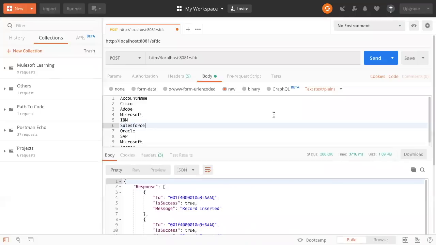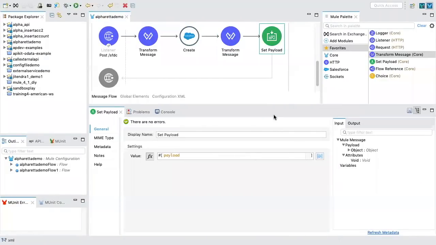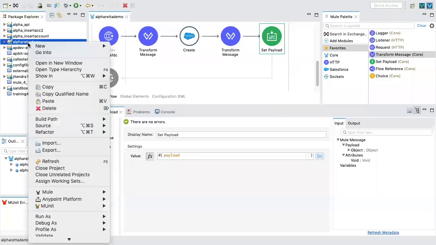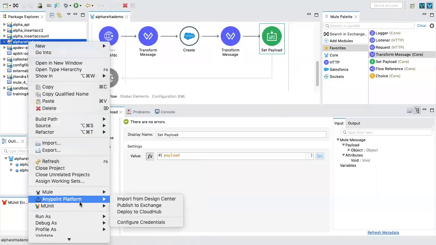So, anything else? How do I deploy this on my Mule server? How do I do the load balancing? That's the question. And do I need to make any change? The answer to all of these questions is just 2-3 clicks. I am here, right click. This was running on my localhost. Now I am going to deploy to Anypoint Platform, CloudHub, Mulesoft.